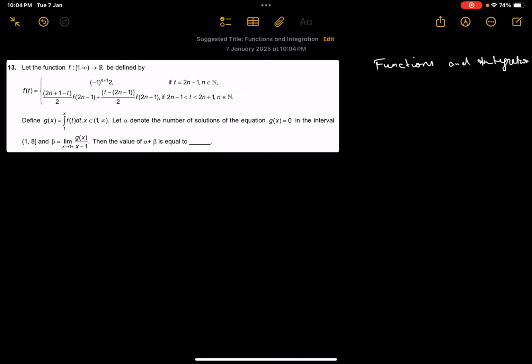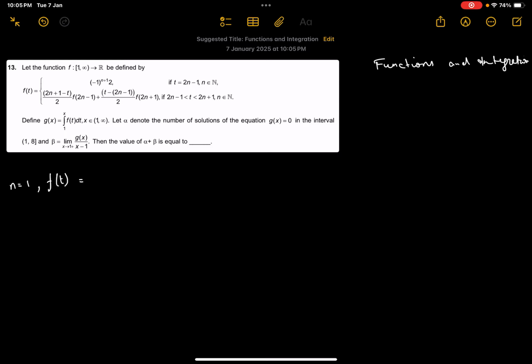So the behavior of f(t) changes between odd numbers. Basically when t is between 1 to 3, there's one value of n, which then changes when t is between 3 to 5 and so on. So let's see what f(t) is when t is between 1 and 3, that is n equals 1. f(t) will be,